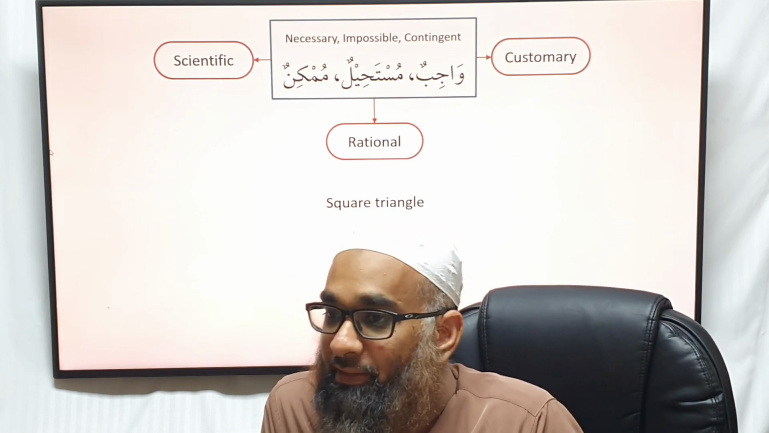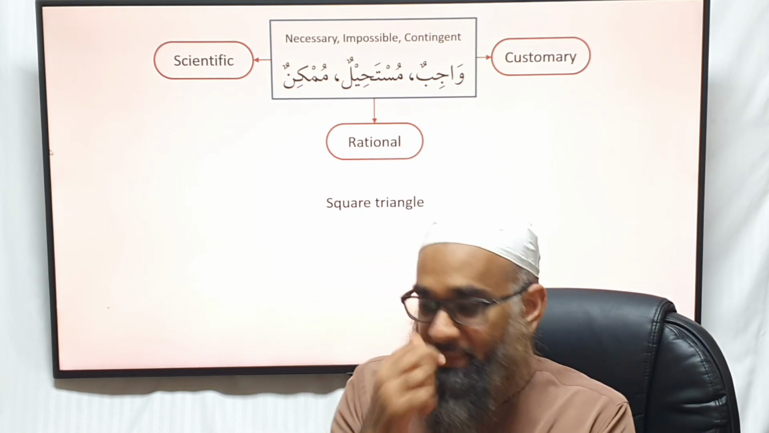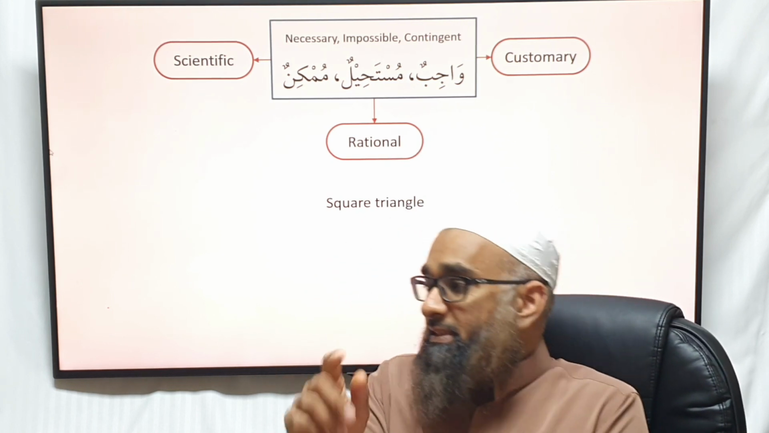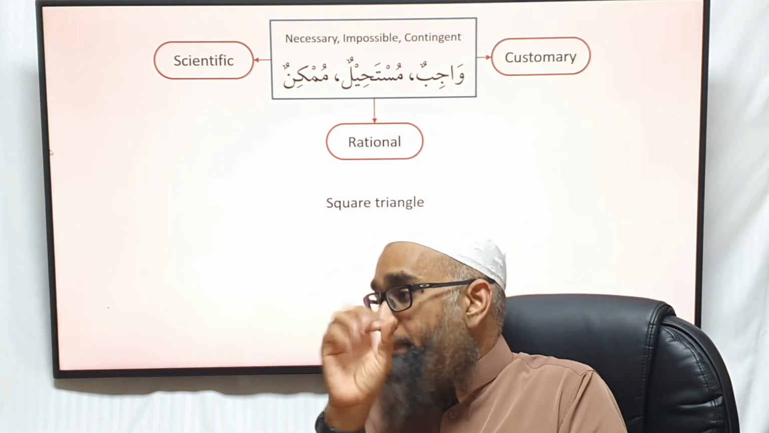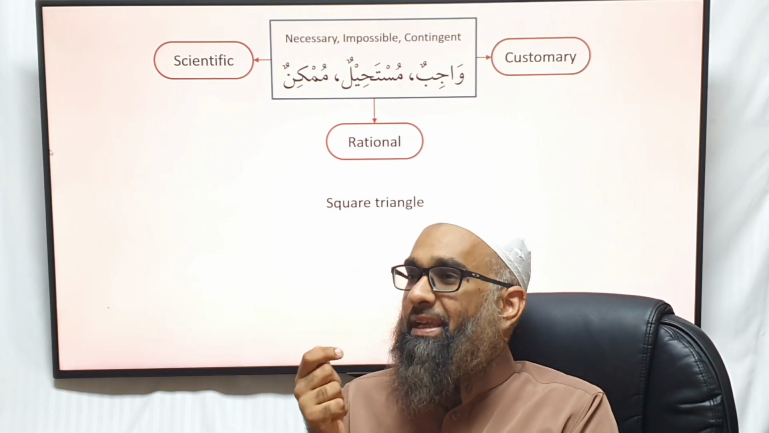Can you have a square triangle? Now, what's the difference? In customary mustahil, impossible things, in customary,